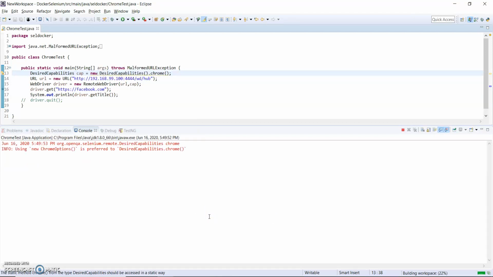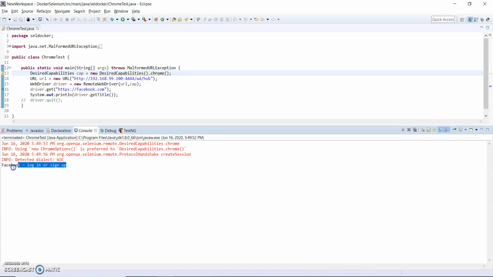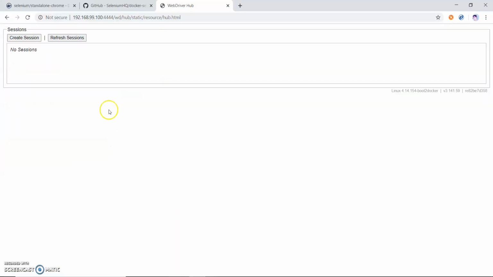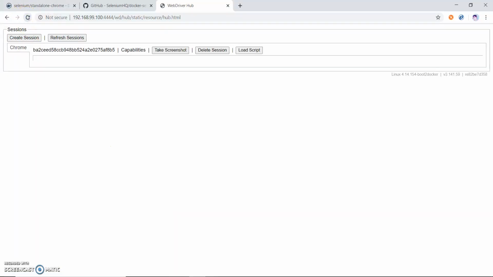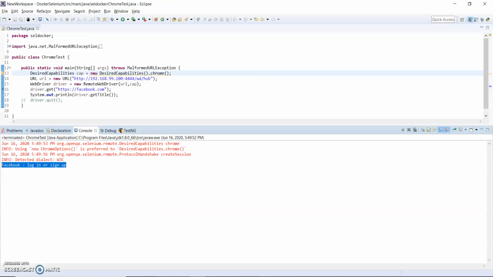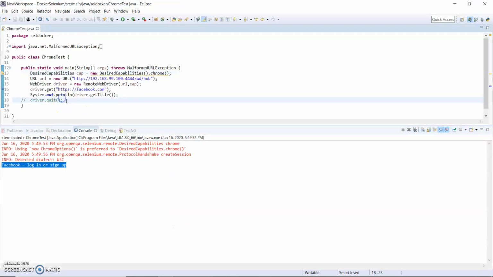You can see it runs behind the container, and we'll see whether Facebook opens. Yes, the Facebook title has been displayed here, so it is working in the background. Now I will see whether the session is created. You can see one Chrome session has been created because I did not quit my driver session.